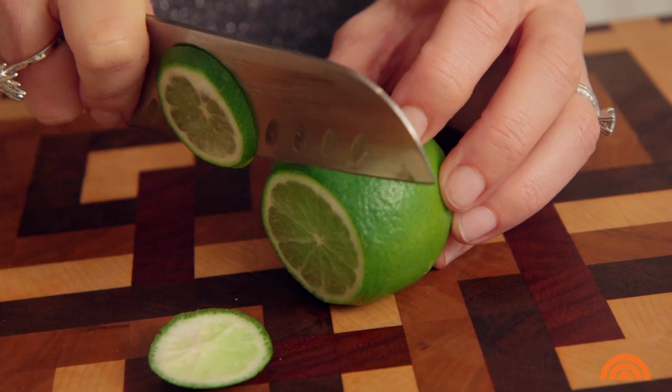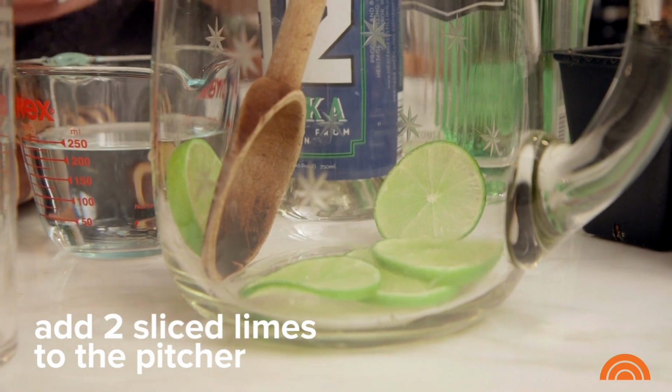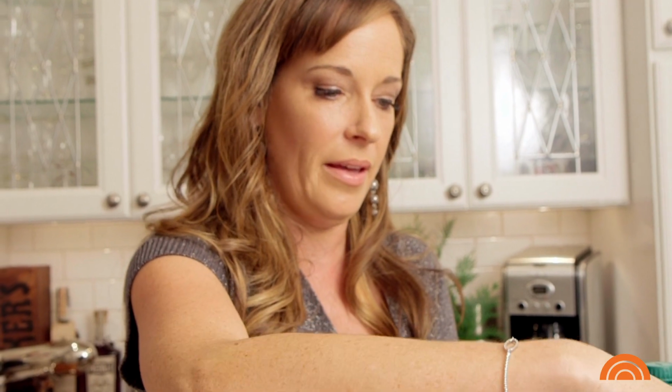First, I'm going to slice my lime nice and thin. All right, right into the pitcher with the limes. Next, I'm going to add my rosemary to the pitcher, just breaking it up a little bit, moving those leaves around just a little bit in my fingers to release